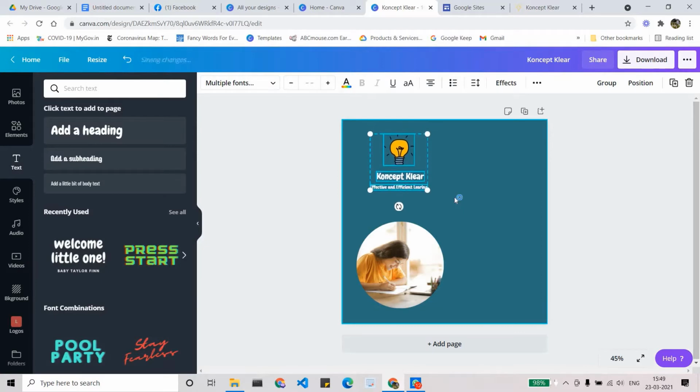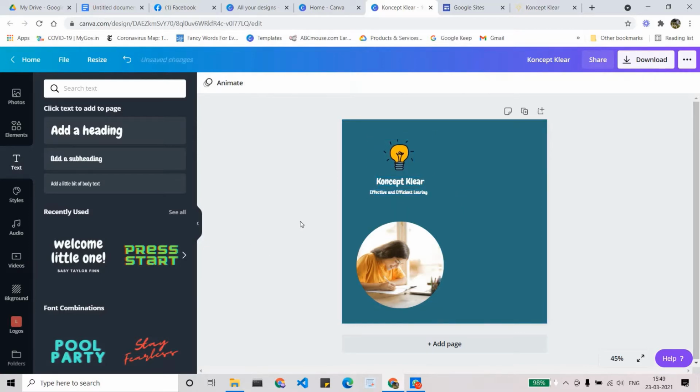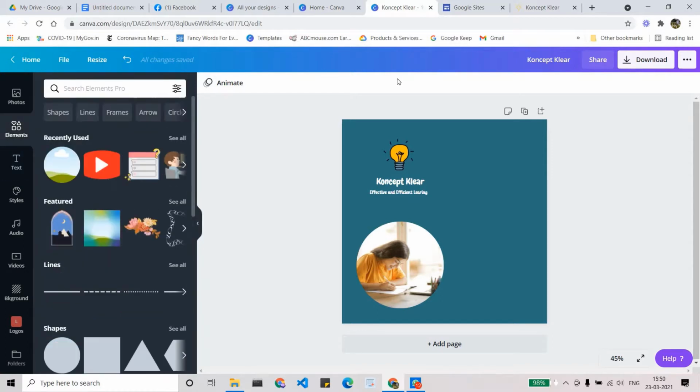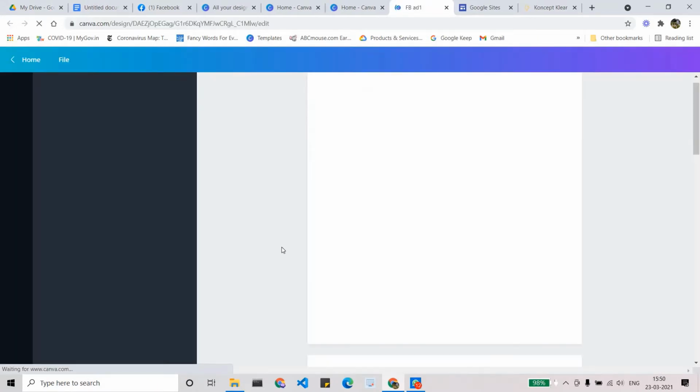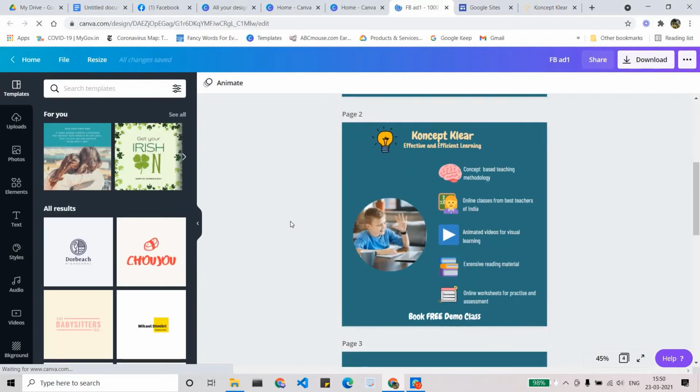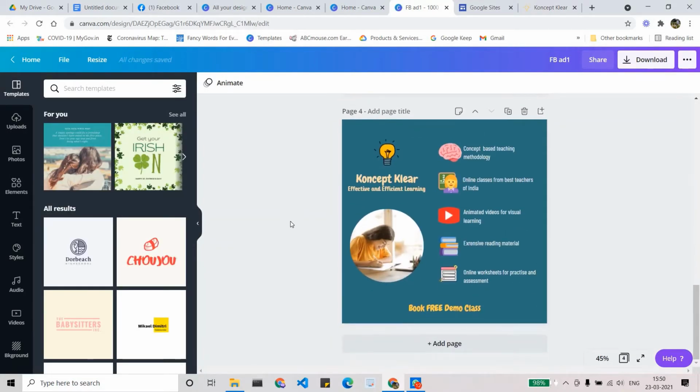Suppose you want to put this ad for Hindi classes or maths or science, right? You can put those kinds of text. And here you can put some more details. I'll jump to this image which I already created, because I don't want to waste too much time on this. I just created the image like this, with all the details.